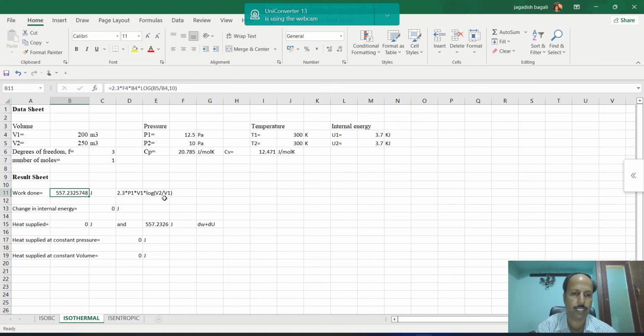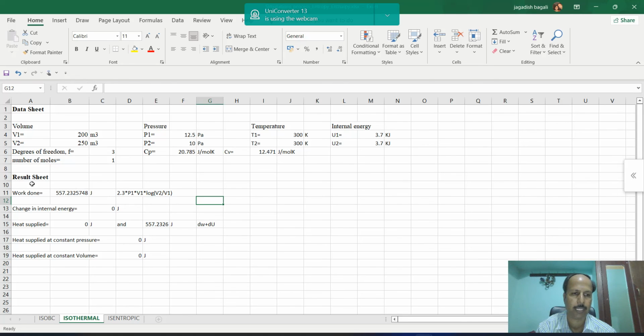I have created the same Excel formula as the thermodynamic formula. Then I got 557.23 joules as the work done by the system. It is not on the system, so it is not negative, it is positive.